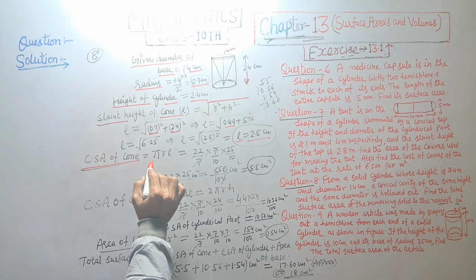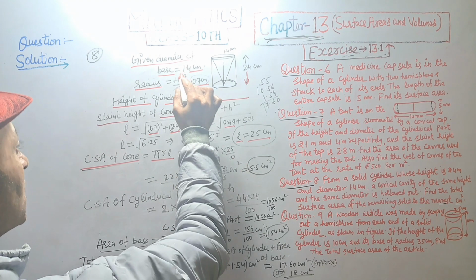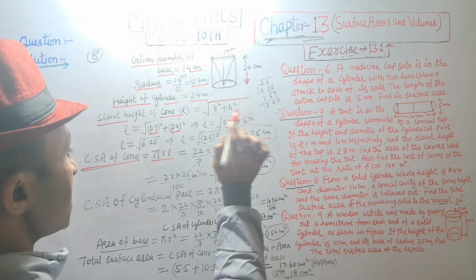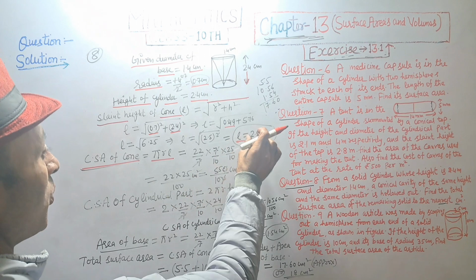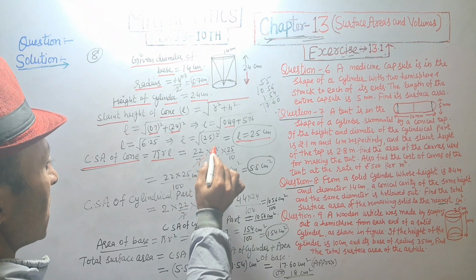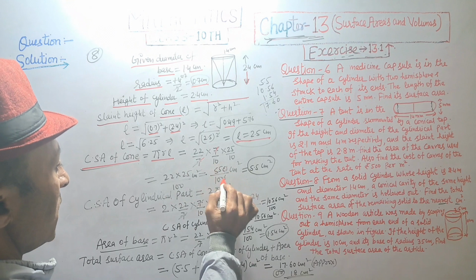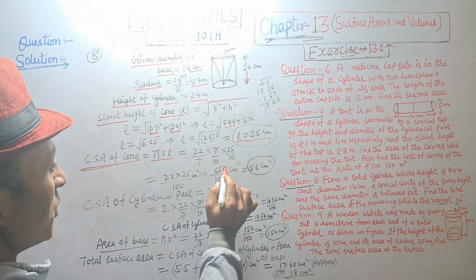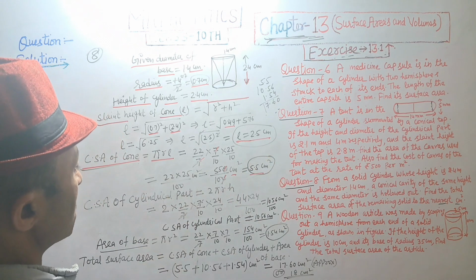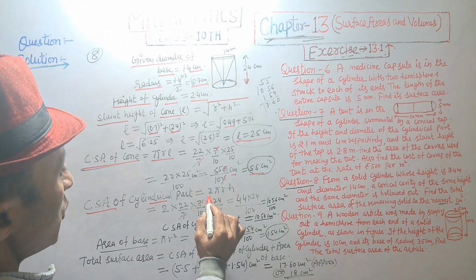curved surface area of cone is equal to pi RL. Pi is 22 upon 7, radius is 7 upon 10, 0.7 can be read 7 upon 10, and slant height is equal to 25 upon 10. 2.5 can be read 25 upon 10. 7 is cancelled, 25 into 22, that is 550 divided by 10, 10s are 100, 0 is cancelled, and we get curved surface area of cone is 5.5 centimeter square, and curved surface area of cylindrical part 2 pi RH,